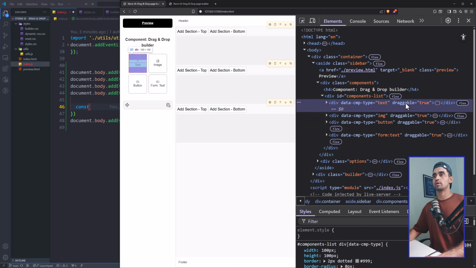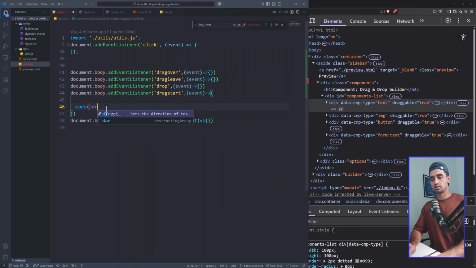One is draggable true. Now this draggable true makes any element in the DOM draggable. If you add this one in a div or button, it will make that draggable. And the second property I have added is for the type of the component that we are dragging. So this is text, image, button, or form in text. So first let's grab the element which has the draggable equals to true attribute. So I will add a variable